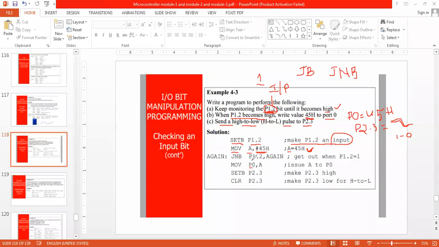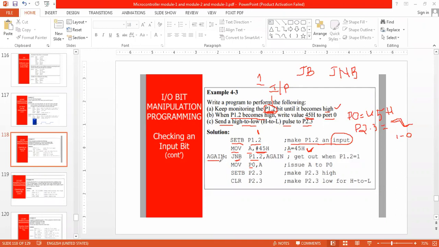Now, JNB, jump if no bit. But what is P1.2? P1.2 is 1, so the condition fails. No bit stands for 0; bit stands for 1. I am checking for no bit, jump only if no bit. P1.2 is a bit, so the bit is present. Will it jump back to here again?